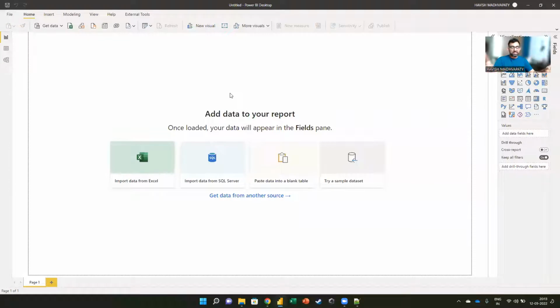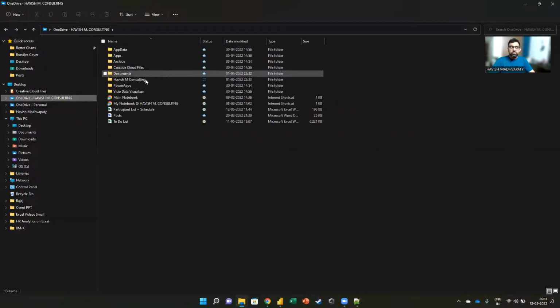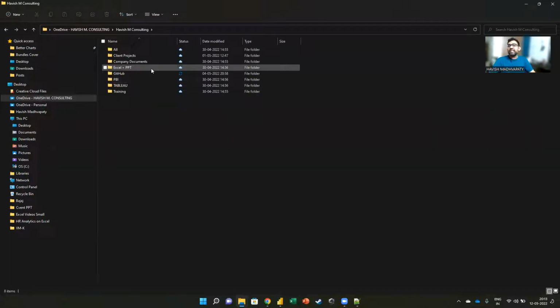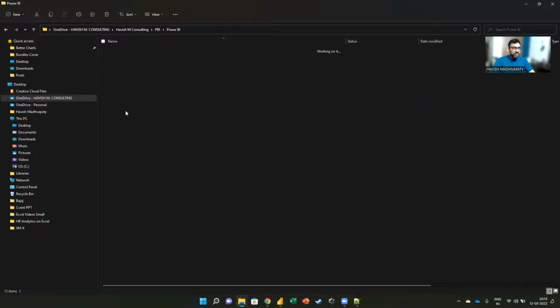Okay, now this is the first screen that you see when you open Power BI. But first, let me draw a picture. Let me tell you, why do we even need Power BI when we have a tool like Excel or Google Sheets with us, right? So I have a data set with me here.